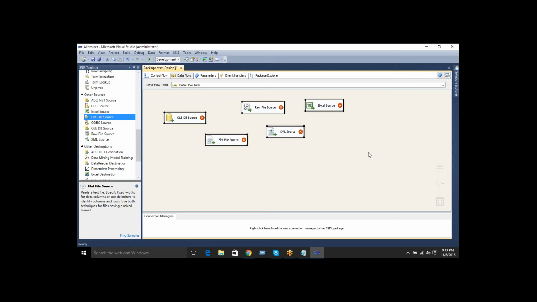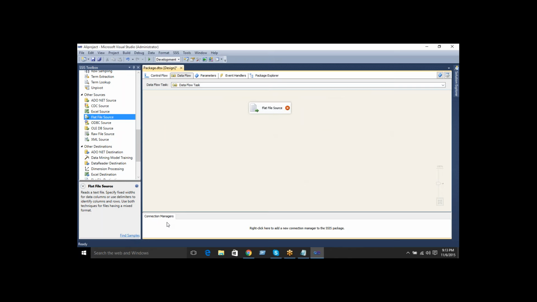For example, my source is a plot file source. I take the source and define my plot file connection manager. So what is the connection manager? We'll discuss that later.